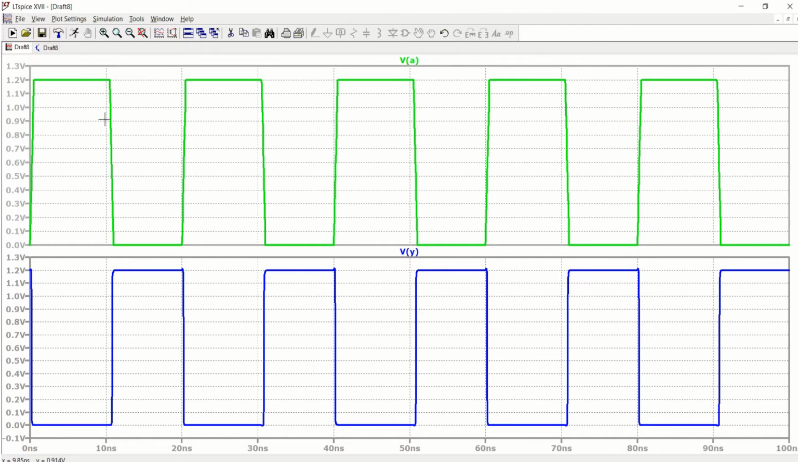So let me design the NAND gate by using the same FinFET logic. FinFET logic is available in two flavors. One is called short gated and the second one is called independent gated. So first I will show you the short gated. Let me close this and I will create